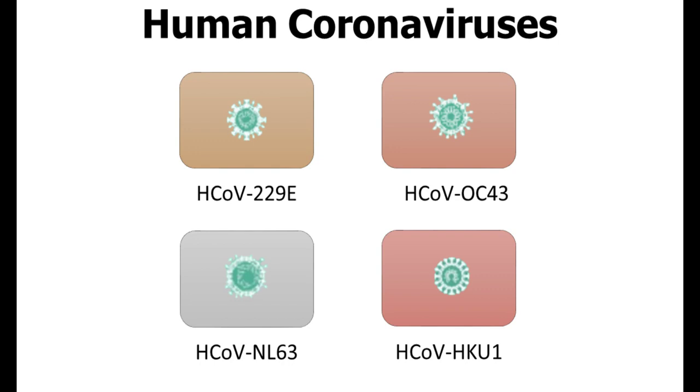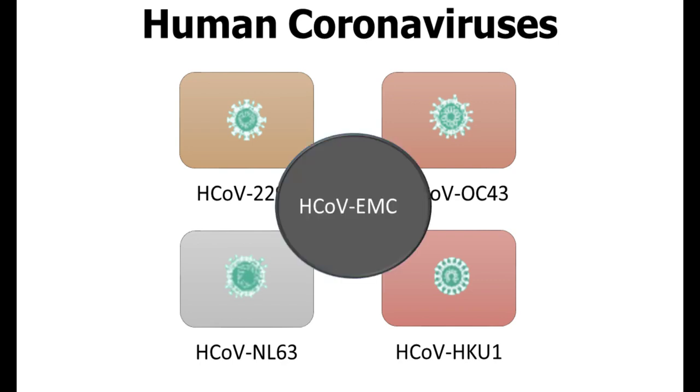Now, even though there's really 4 human coronaviruses that we know of, there's another one that is very, very rare, and I'm just going to throw it in here so you will have heard about it, and it's the HCoV EMC, and that was found in 2013. There's only 10 known cases, and it was isolated from a few patients with respiratory and renal disease in the Middle East. It binds to the DPP4 receptor, and there's some thought that it's actually just a strain of the MERS-CoV. It confers a greater than 50% mortality rate. It originated from bats, but